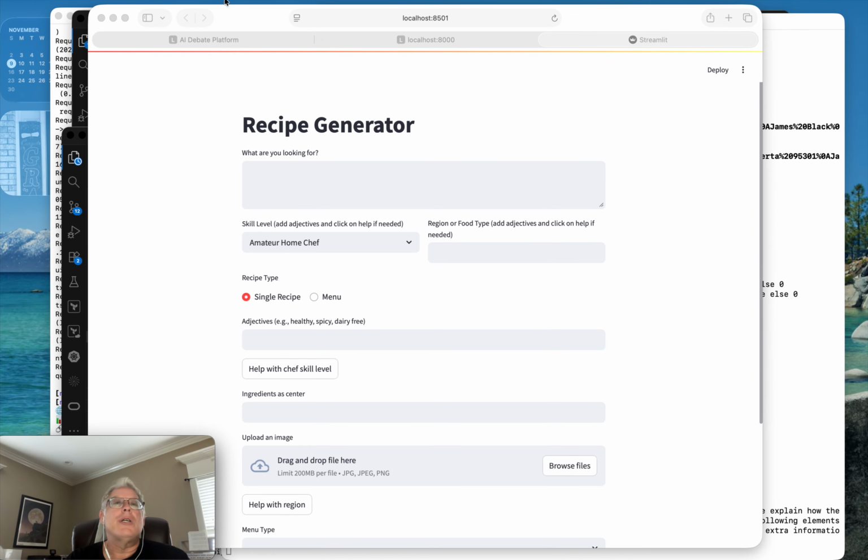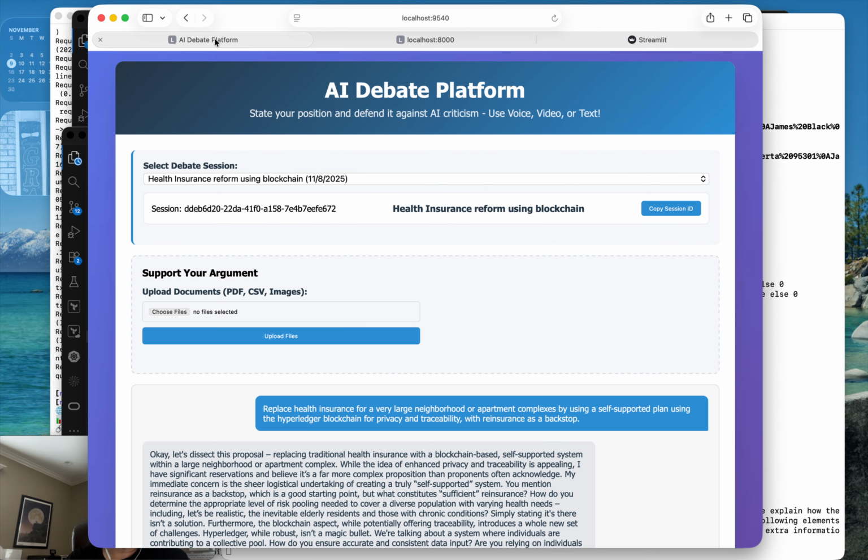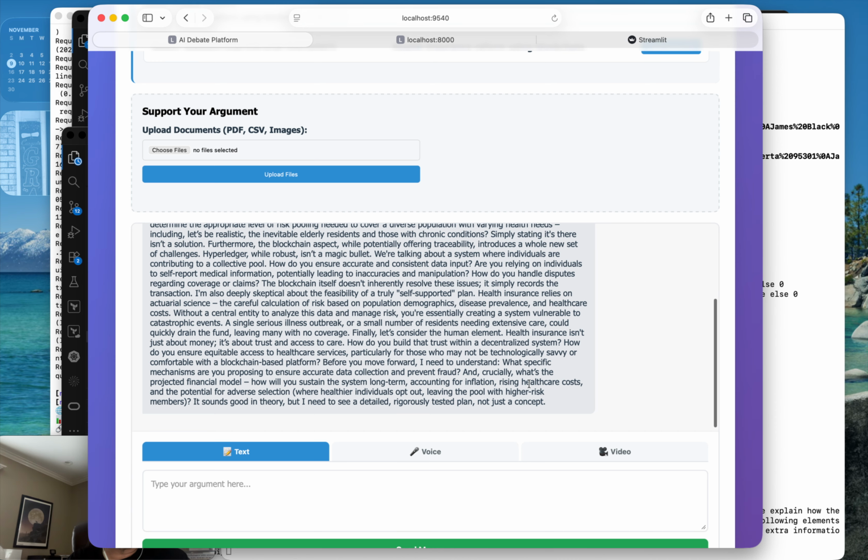A little different. So I made some changes to my app last night. We now have a drop down. We now have a title, and then we have the session information, blah blah blah. I also added the ability to use voice and video to create the text, and